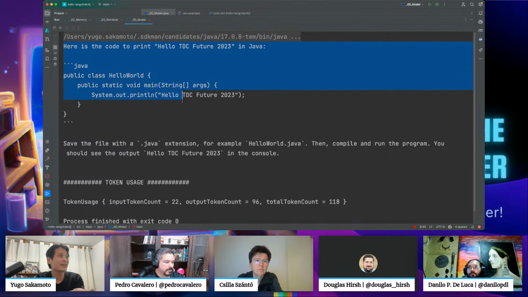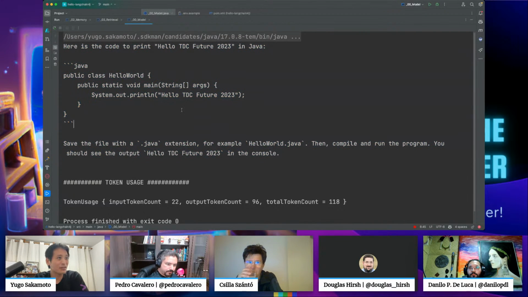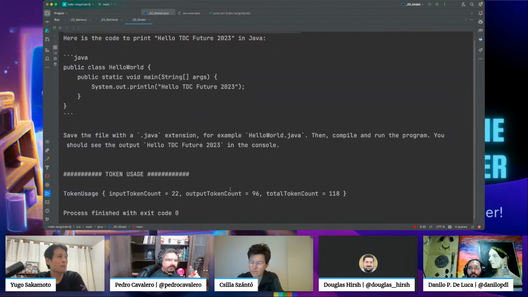It just gave me a concise answer and completed my prompt with a concise text here, with the example public hello world and hello TDC Future 2023 as I asked it. So it's as simple as this. And for this example, it used 22 tokens for input and 96 tokens for output, a total of 118 tokens.